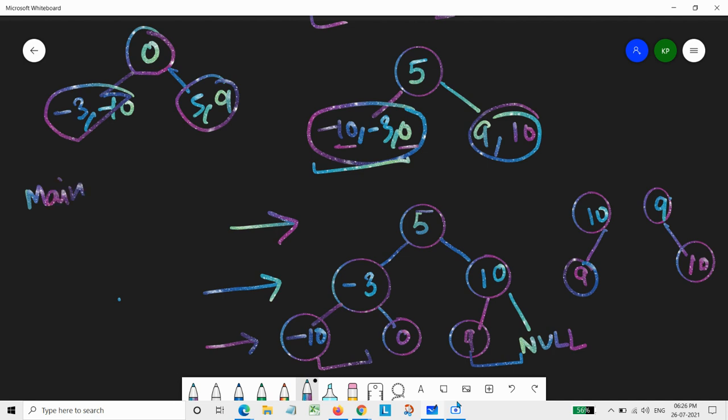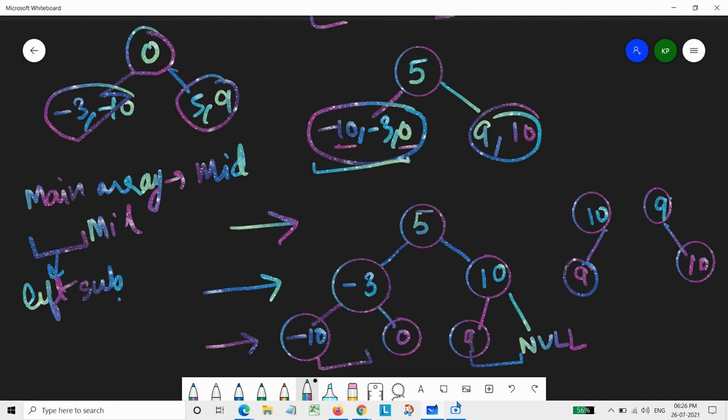That is, we are having this main array. In the main array, we are finding out the middle, and then whatever part of that array we are having on its left would act as the left subtree, and whatsoever we are having on the right will act as the right subtree.